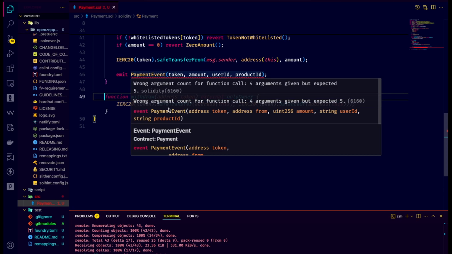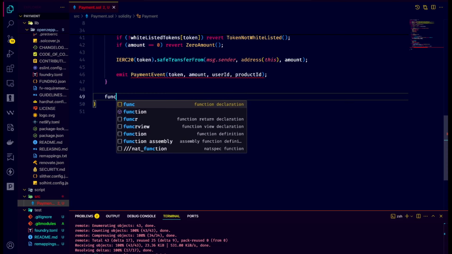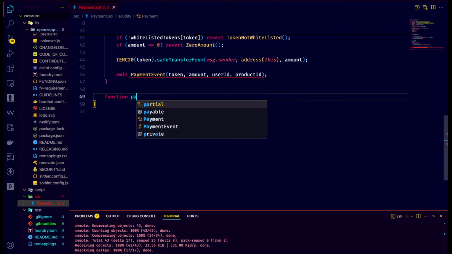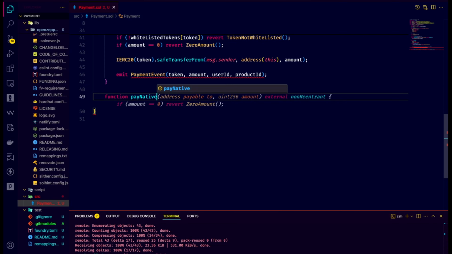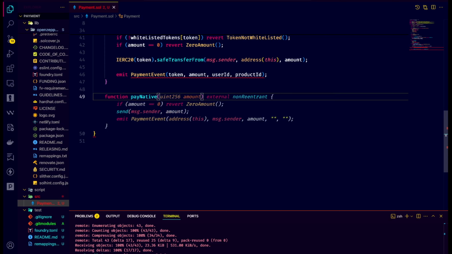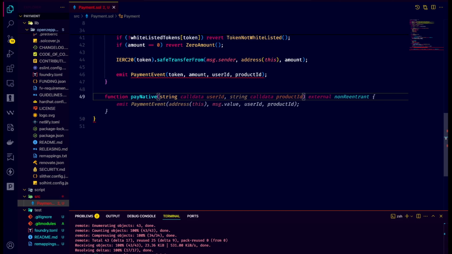And now the third function we have to write is payNative, because it is important. As I said, we have to add payNative here. So let's write the logic of payNative here. Inside that payNative we have to take parameters as calldata: the user ID and the product ID. So let's write first a string calldata userId